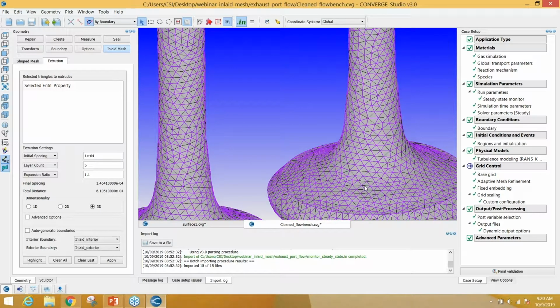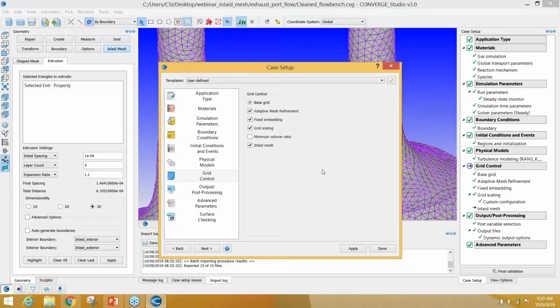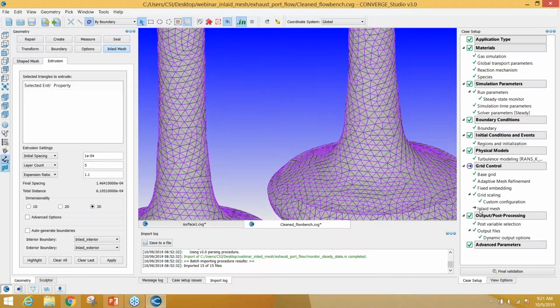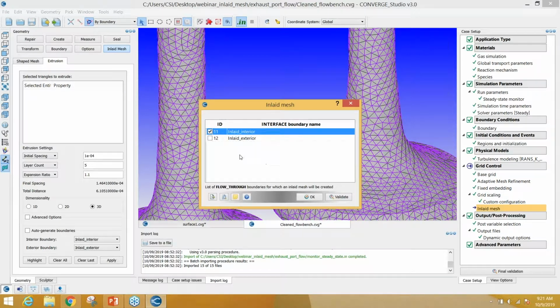So for both of the example cases I showed, as soon as you create the inlaid mesh, if you look under grid control, you'll notice that we have an inlaid mesh checkbox and it has already been checked. So Studio can figure out that as soon as you use the inlaid mesh to create a mesh, it knows to turn this flag on. And if you click on inlaid mesh here, it has also already selected the interior triangles,